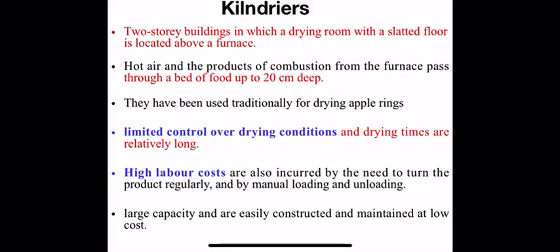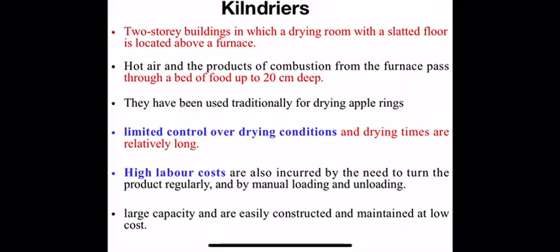Then we control this germination by heating the barley, and this step is called kilning. In kilning, we place the barley on the floor and give heat from the bottom story. The barley takes the heat, drying takes place, and the malt is produced. So you can say that this kilning is mostly used